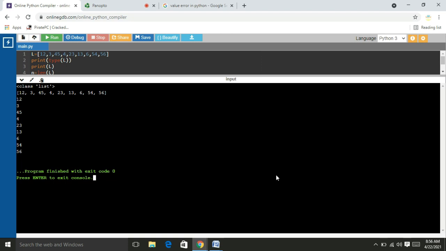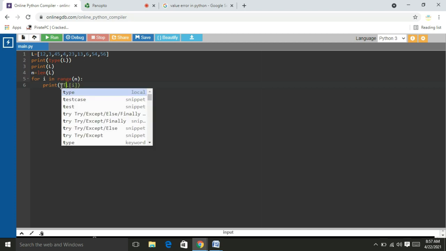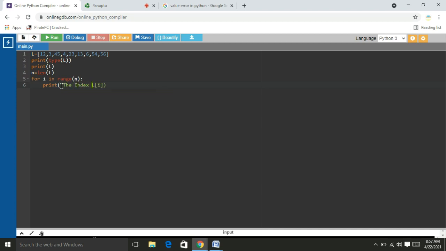Okay, right. Now I would like to access the index of the list also by using the function index, right? How am I going to write this? I will modify this one. Actually, the index, right?